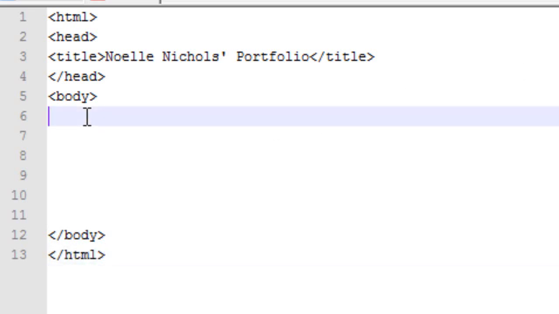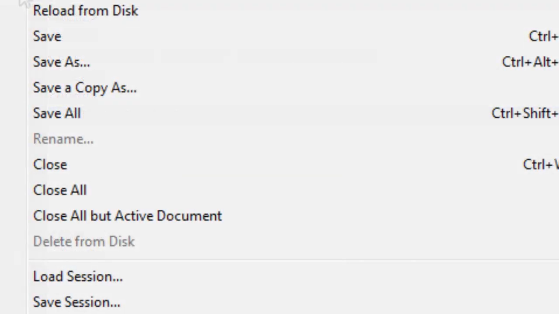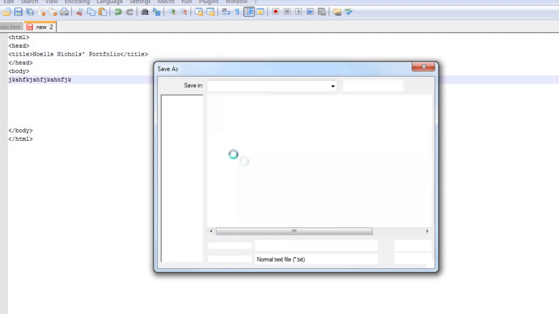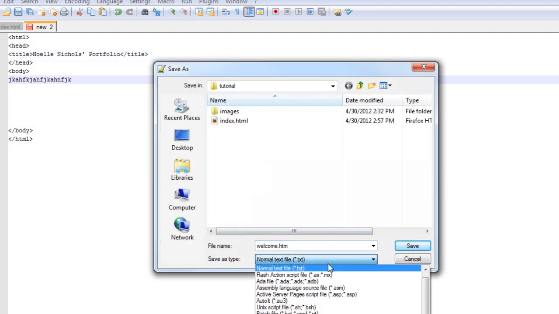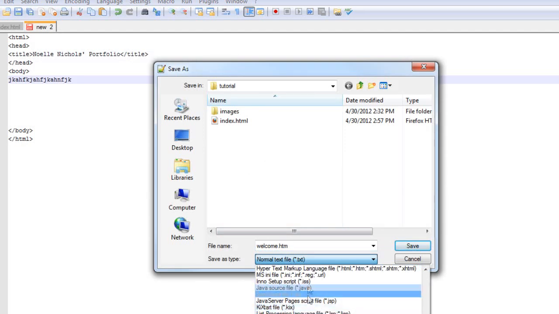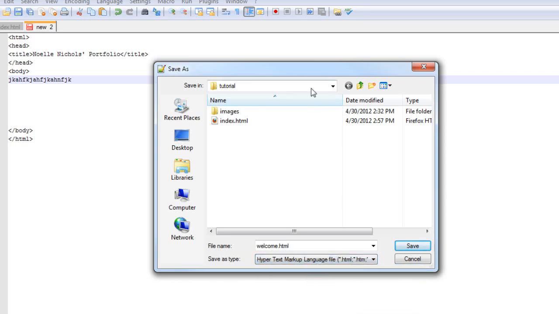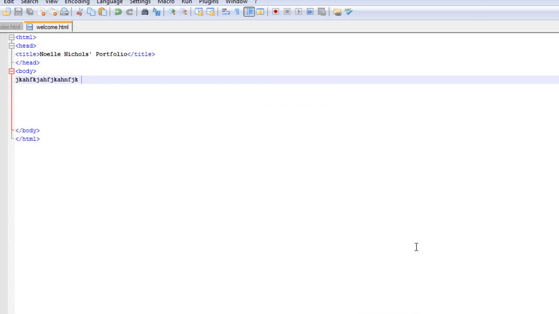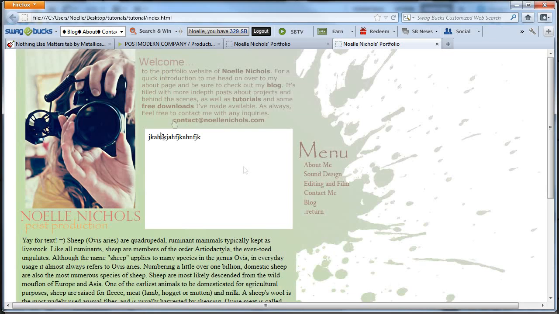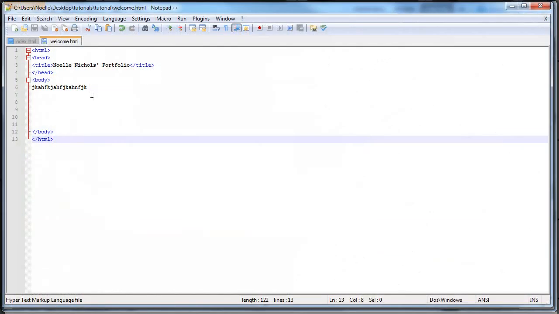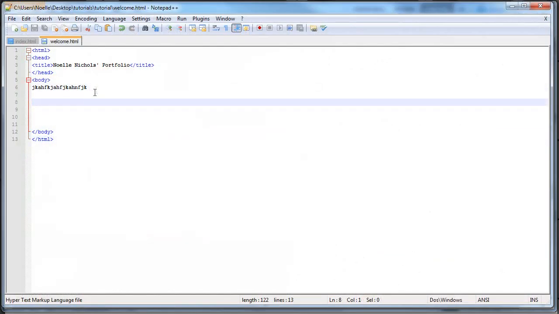So there's that, and we're just going to say okay, and rename this welcome.html, and change this down to, let's see, where are you? There you go, hypertext markup language, and click save. Okay, and now if we go back to this and we refresh and go back to our welcome page,